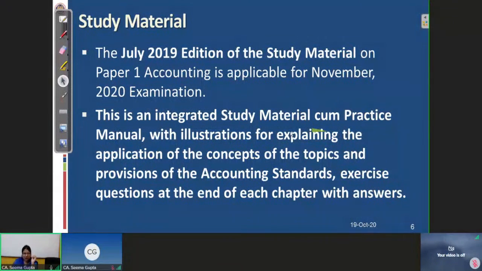We have a lot of exercise questions also. You can attempt those questions to gain more confidence. As you know, again and again, we are emphasizing this particular fact that accounting is a practical paper. Being a practical paper, it's definitely very scoring, but it may be a less scoring paper if you do not give adequate practice to the practical problems.